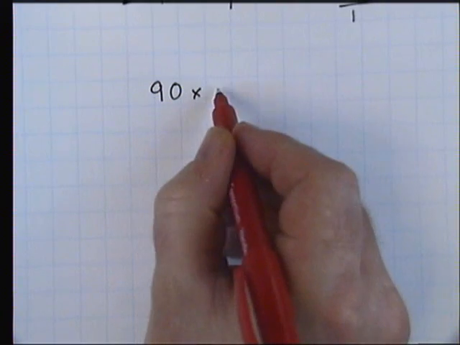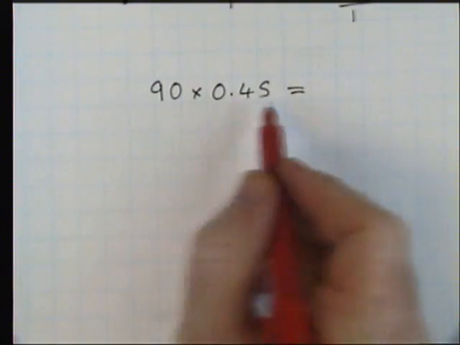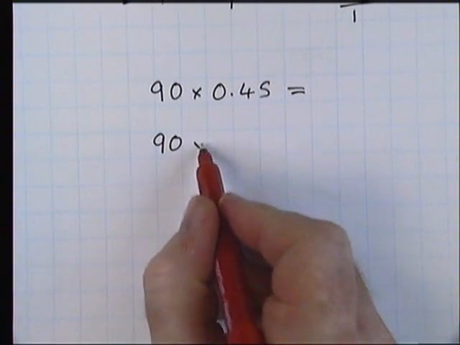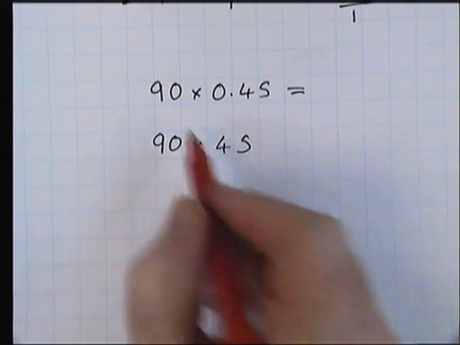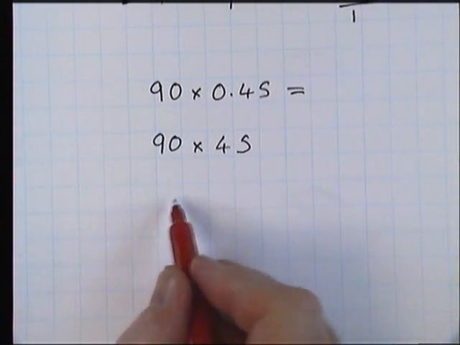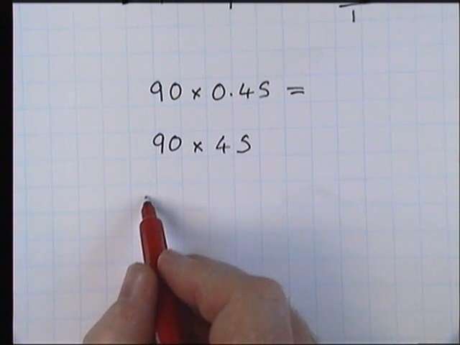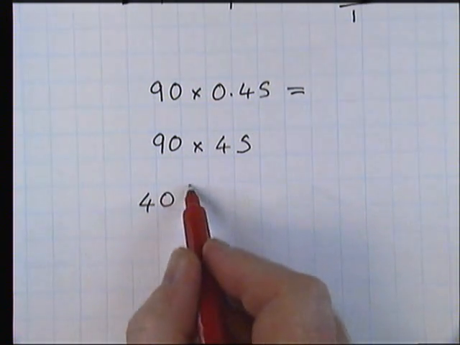90 times by 0.45. So let's do the multiplication without the decimal point. Now there was no decimal point here, so it's not 9, it's 90. So the whole of the 90 we need. And then take the decimal point out, so we're left with the 45. So we've got 40 and 5